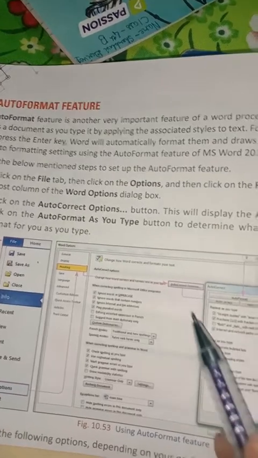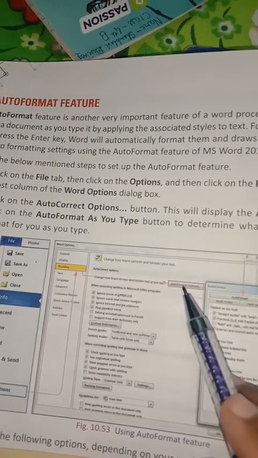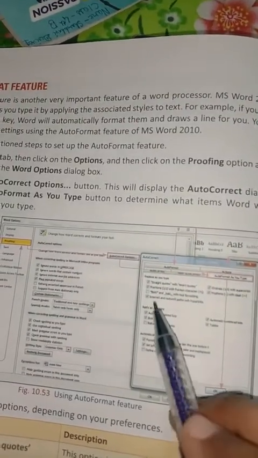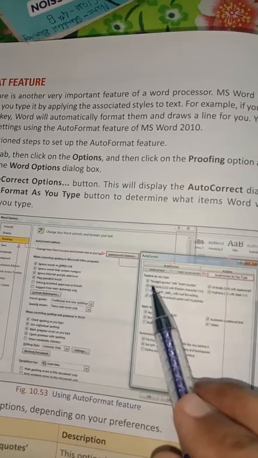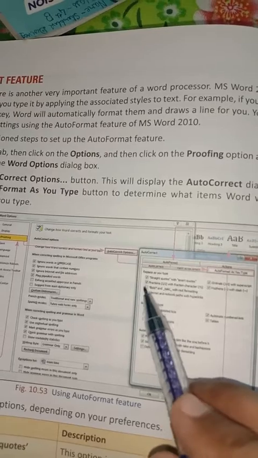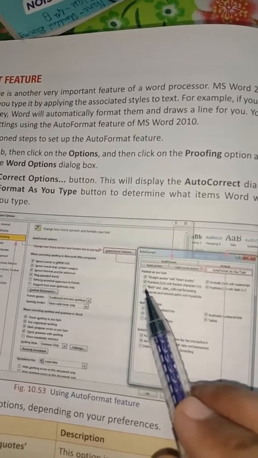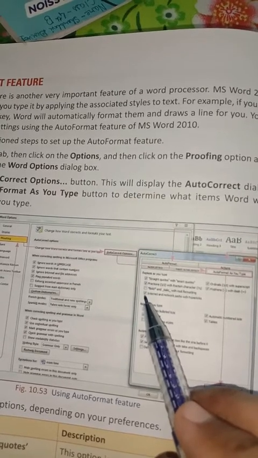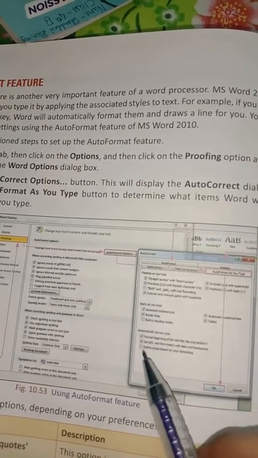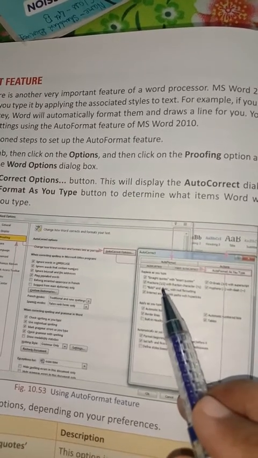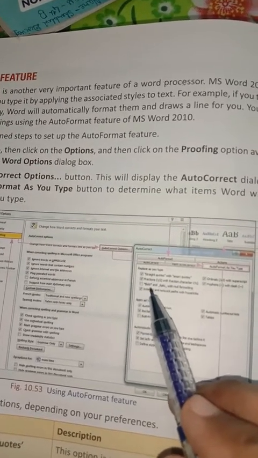Here you have the autocorrect option. As soon as you click on the autocorrect option, a window of autocorrect will appear before you. Here there are different auto format options that are already checked. Checked means they are already applied. If you want to remove them, just left click over it and it will get unchecked. In this way you can apply them to your document, or you can uncheck them.